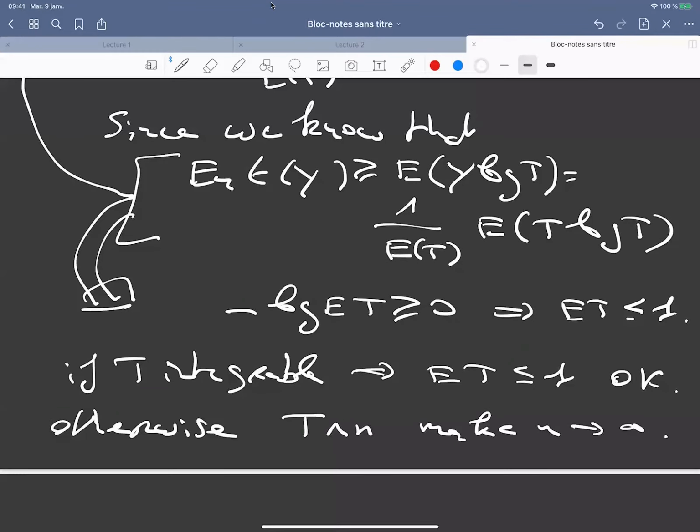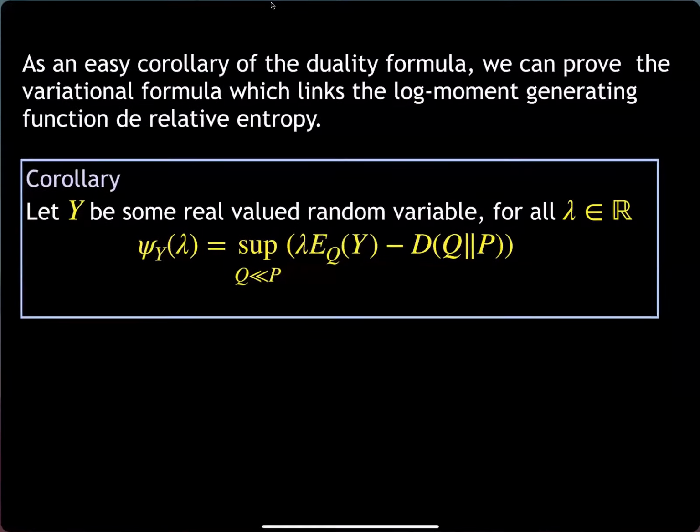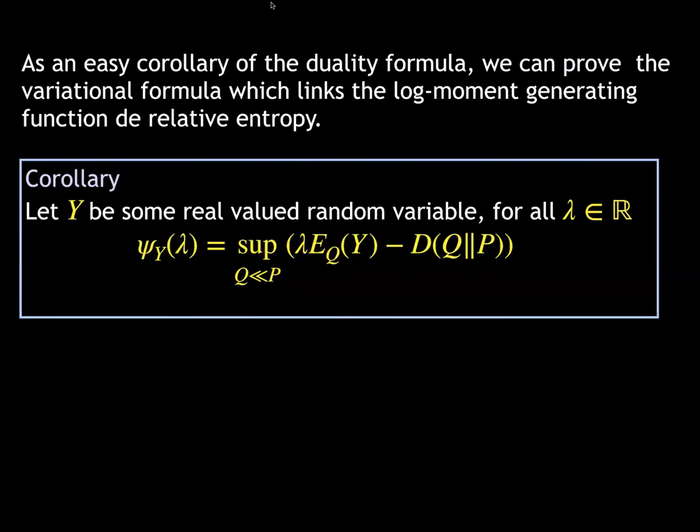So now I turn to one corollary of this duality formula. First, I would like to make some comment. In order to prove concentration inequalities, we have to find an idea to encode subgaussianity by using entropy. And we shall see essentially two different ways of doing this. One will be very well adapted to what we shall call the transplantation method, and the other one is adapted to what we shall call the entropy method.